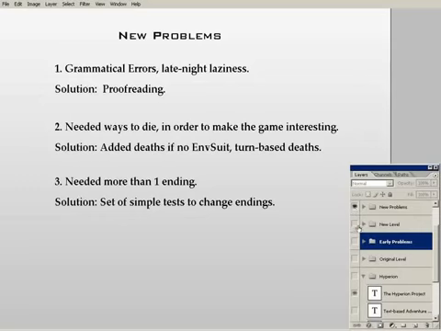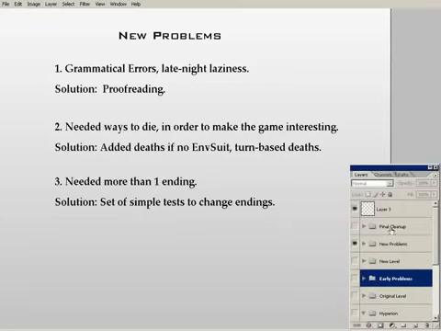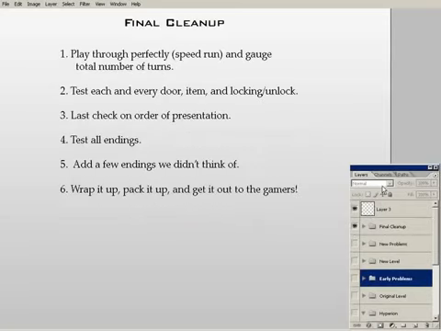Once we got done with all that, though, it was time for the very last stage in our particular number of iterations, and that was to do some final cleanup. And this is where a lot of play testing occurred. This is where Terry went all the way through the game, and I went all the way through the game. This is the point where I had to actually do a couple of speed runs to figure out what's the absolute minimum number of moves you can beat the game in. And I think we worked it out to like 105 or something, because I did make a couple of little goof-ups while I was typing stuff in.